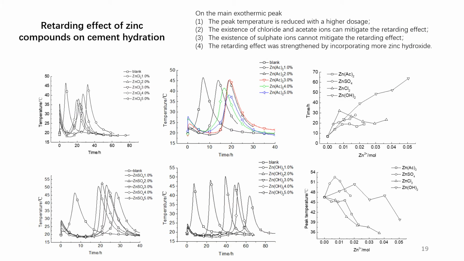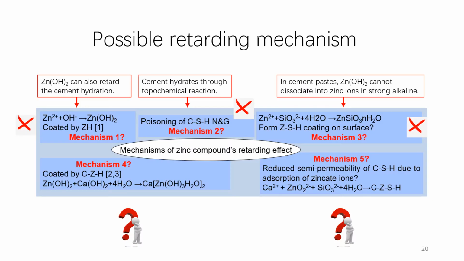Next, we will talk about the retarding effect of zinc compounds on cement hydration and their mechanisms. From here, we can see the zinc salts can retard the cement hydration, and the zinc hydroxides can also retard the cement hydration. So for the possible retarding mechanisms, the first one can be excluded because zinc hydroxide can also retard the cement hydration, and the zinc hydroxide particles cannot coat around the cement particles to retard the